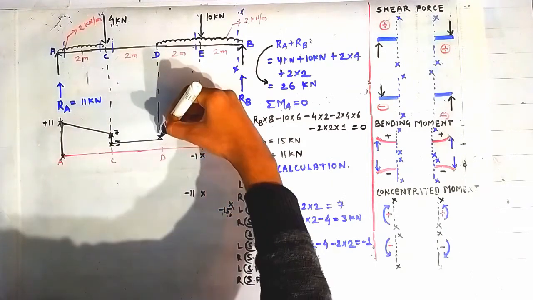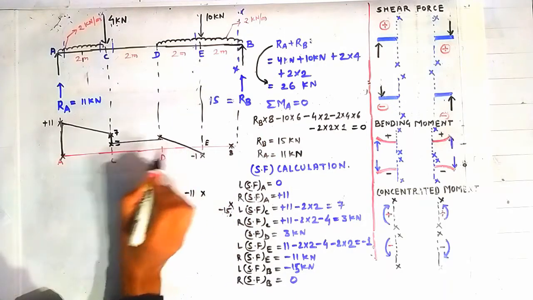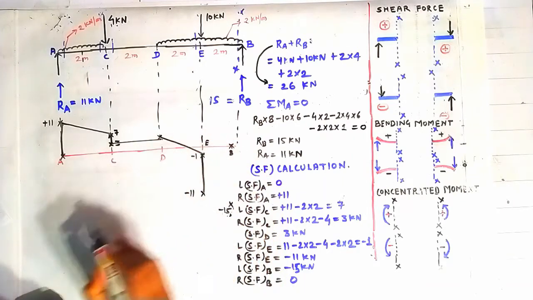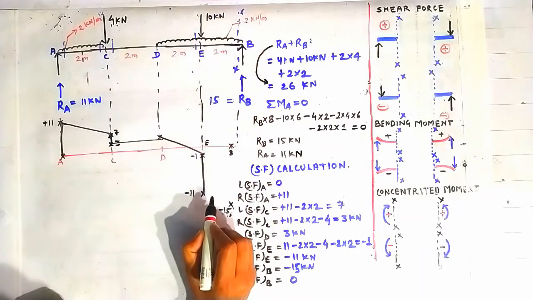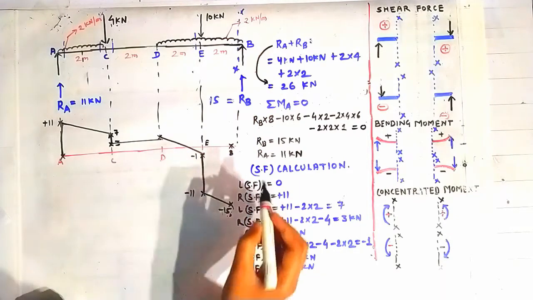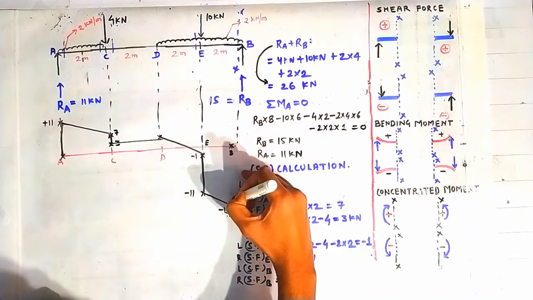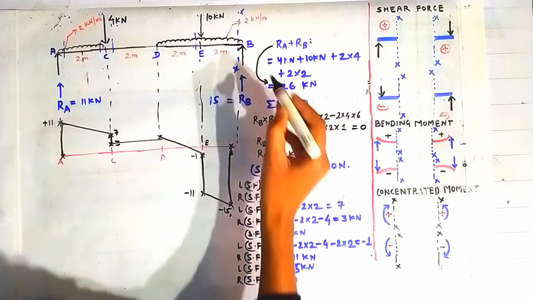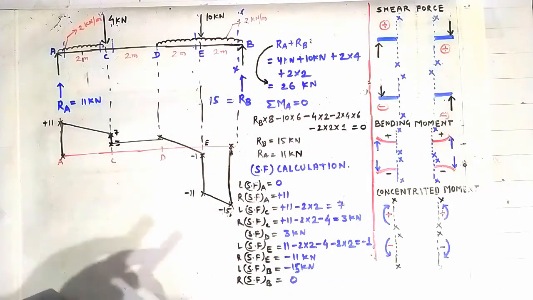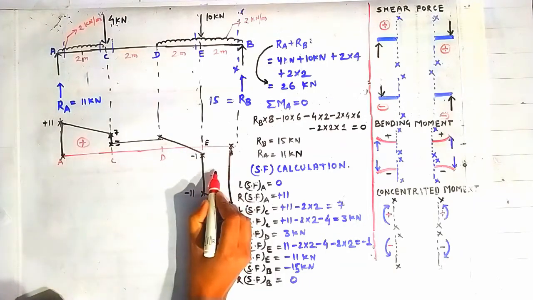Joining these 2 points again with an inclined line, because there is a UDL between these 2 points, and there is a vertical connection between these 2 points, because there is a point load at the point E, and there is again an inclined line between these 2 points, because there is a UDL between point E and B, and again there is a vertical connection because there is a reaction RB lying at the point B. So this is our shear force diagram. Areas above this line are positive, below this line are negative. Okay,